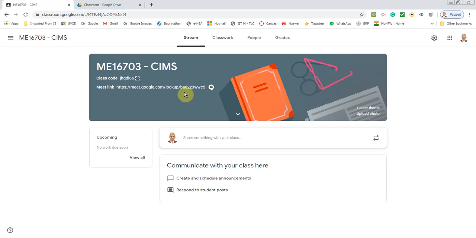So how to do that? Again, there are two ways of doing it. One is, if the student installs the Google Classroom app on his mobile, because most of the students might prefer to listen to your lecture through a mobile. If he installs the Google Classroom app, inside that app, for this classroom, you will have this link already there. All that the student needs to do is click on that link and join the meeting. So this is one way of joining the meeting.